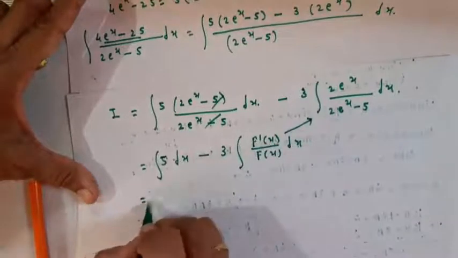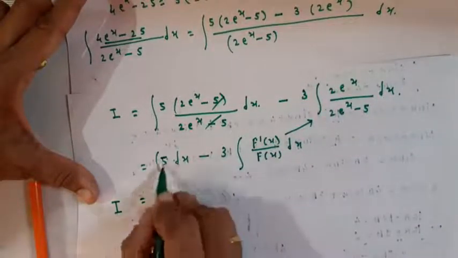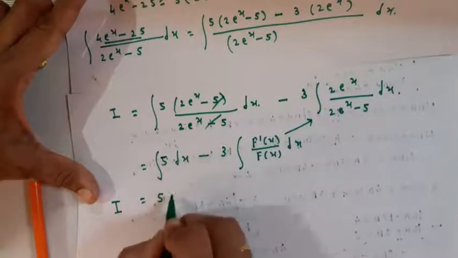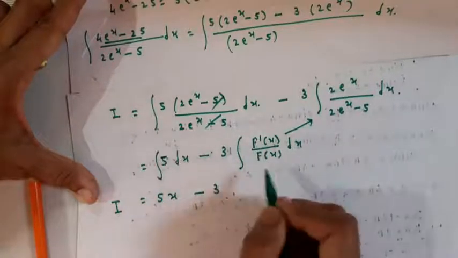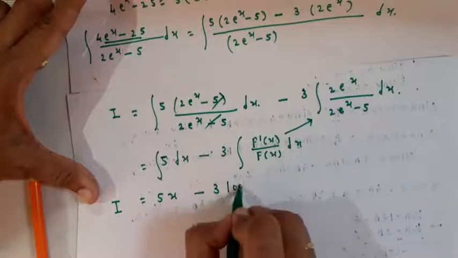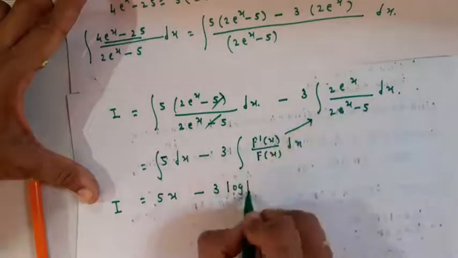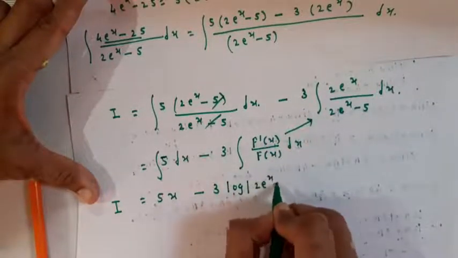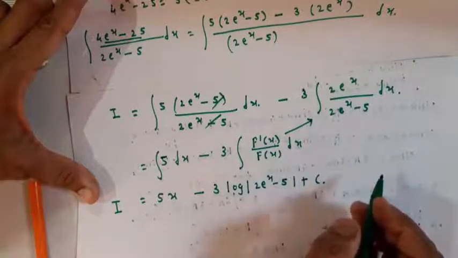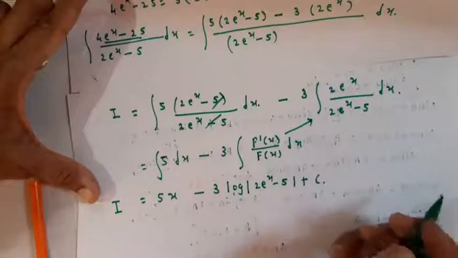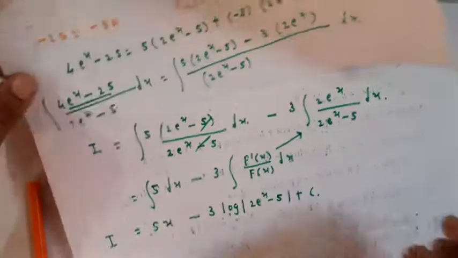Okay, and this is integration I equal to 5 as a constant, integration is x, minus 3 as a constant, and f'(x) upon f(x) integrates to log of f(x), and f(x) is here 2e^x - 5, plus constant of integration c. And in this way we have to solve the problems. Okay students, now the next problem is